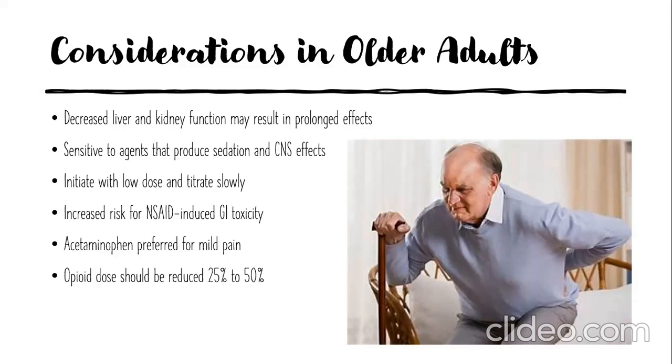So dosing, like it says on the bottom, should be reduced 25 to 50% initially with older adults. They also are at increased risk for GI bleed related to NSAID use. So NSAIDs are usually reserved for younger people. You try not